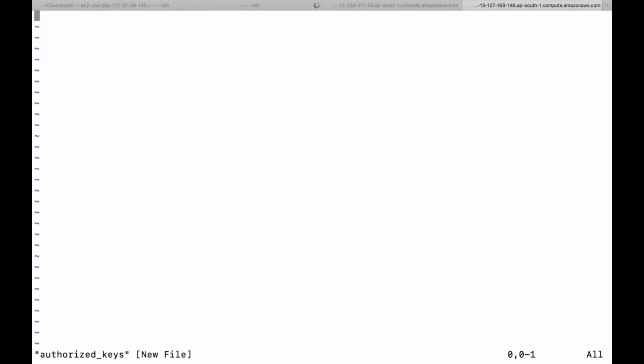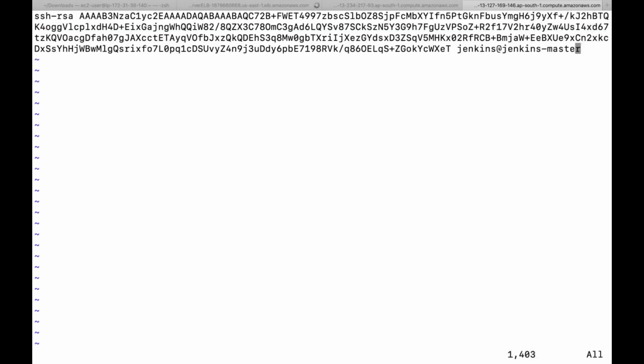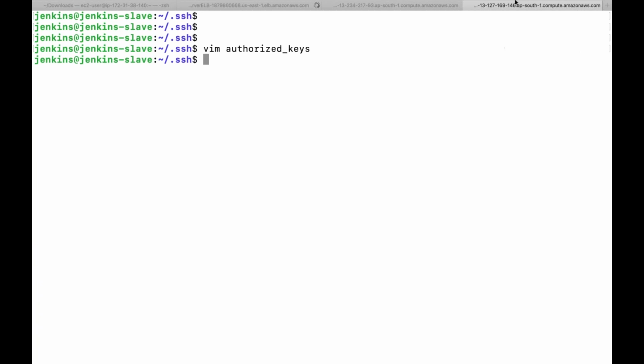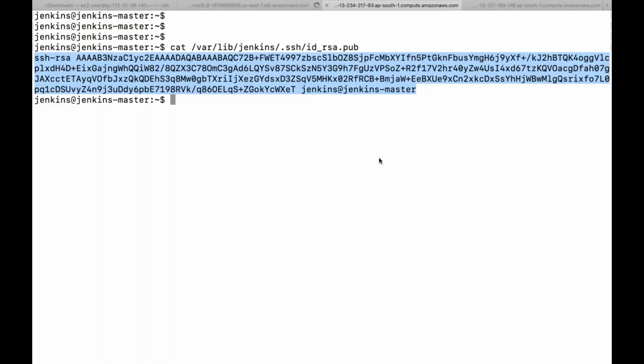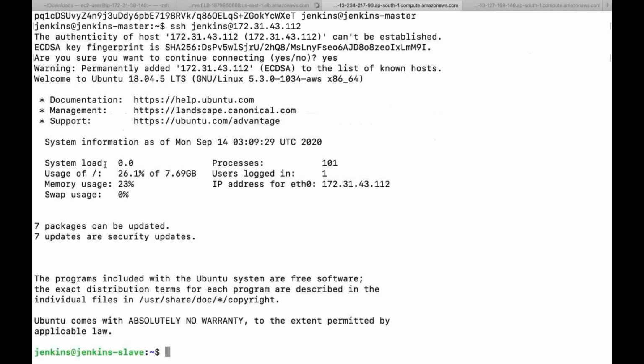So what I'll do here is paste the keys. And guys, what are these keys? As you can see, I'm currently working on the Jenkins slave, and these are the keys of the Jenkins master, right? So I'll go to the Jenkins master now, and I need to copy the IP address of this machine. After that, we should be able to do ssh jenkins@server-IP-address. I'll hit enter and say yes, and if my keys are placed perfectly, I should be logged into the Jenkins slave user without any difficulty.